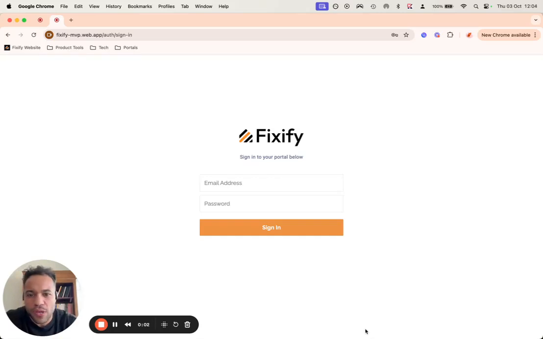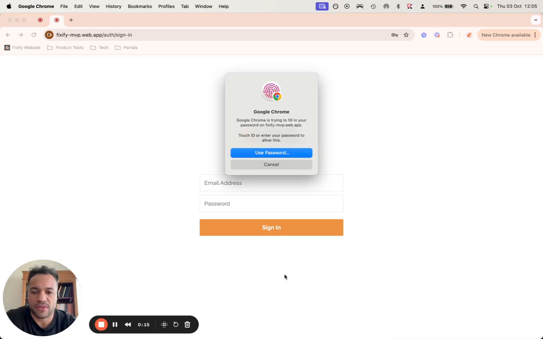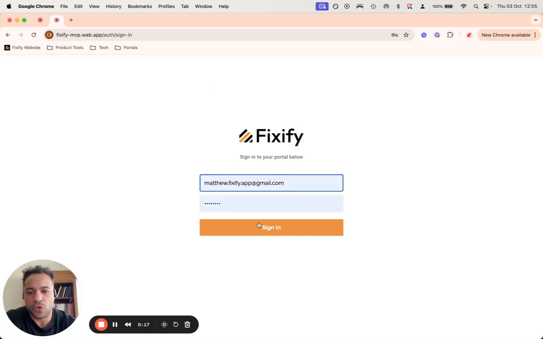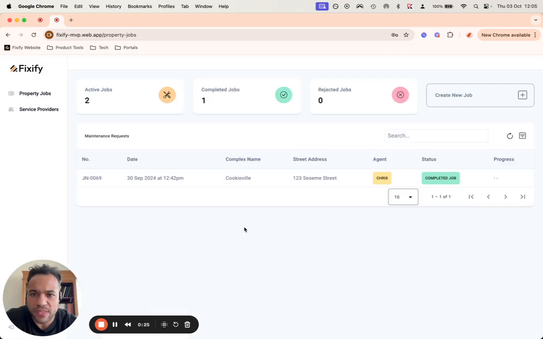I'm going to walk you through how to register or sign into your Fixify account. This is the Lite version. As you can see, we have got a couple of login details over here. For now, I am just going to use the Matthew Fixify email. You will not have to use biometric access just yet. We will give you your password so you can sign in this way. And once signed in, you simply click on the button, sign in, and it will take you to your dashboard